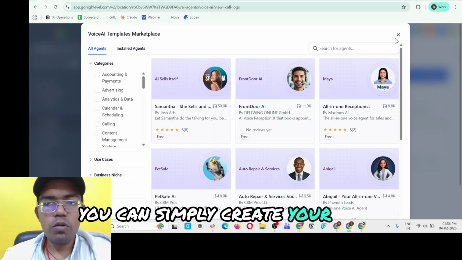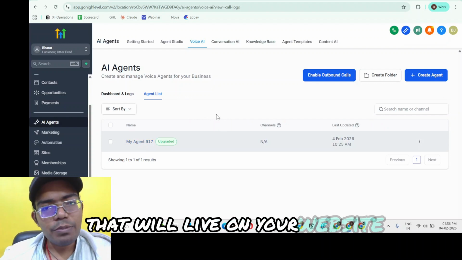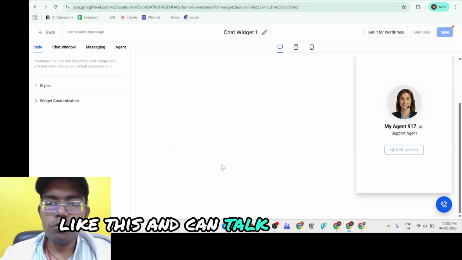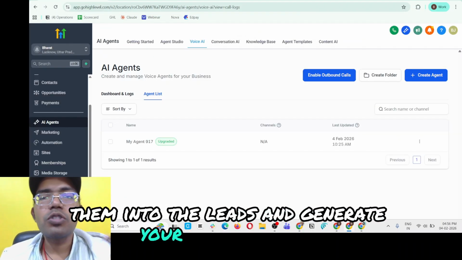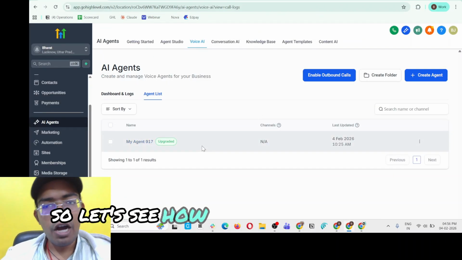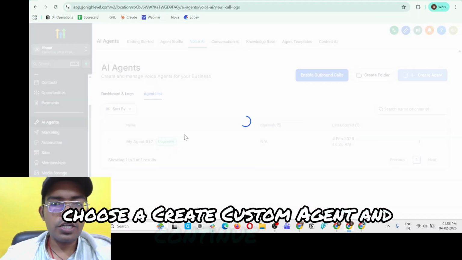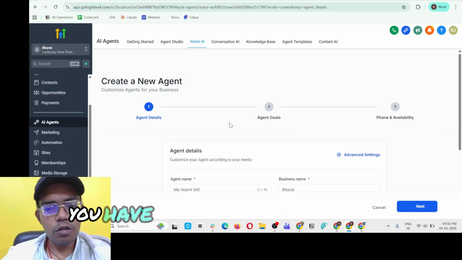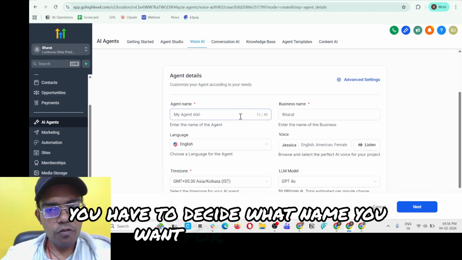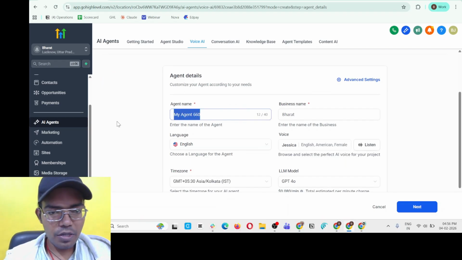You can simply create your own customized AI agent that will live on your website like this and can talk to the people, answer their queries, convert them into leads and even generate your sales. Okay, so let's see how you do that. Click on Create Agent, choose Create Custom Agent and continue. Now once you do that, first of all you have to decide what name you want for your agent. So let's say we give it a name,